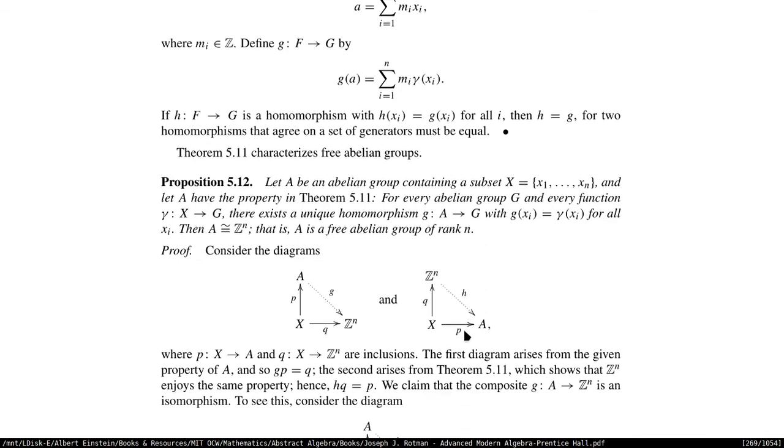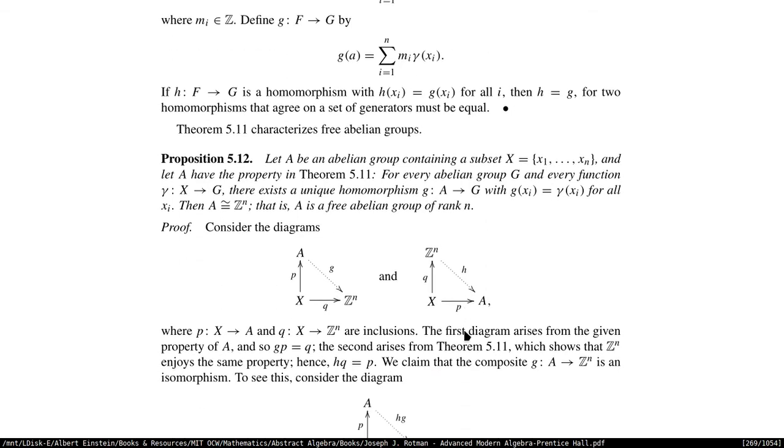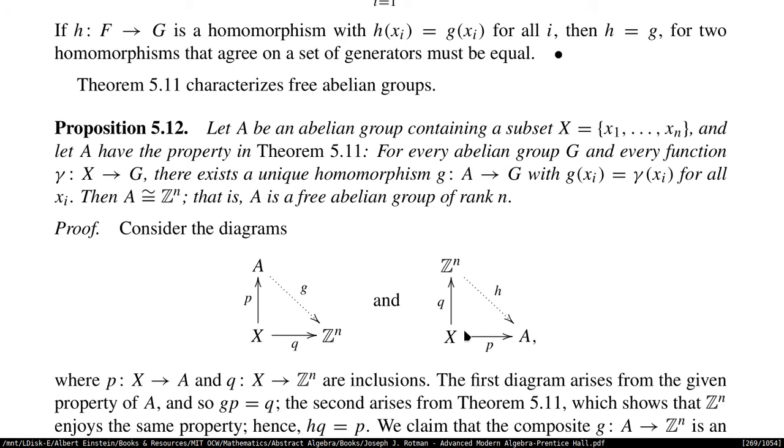And the next theorem kind of does the same, but let's see. So if we have an abelian group A which contains a subset X, and A has the property as in the previous theorem, right? So if you have an abelian group G and every function gamma from X to G, then